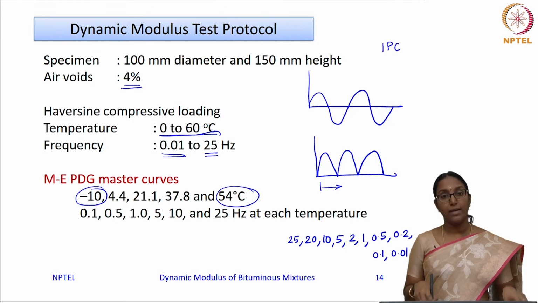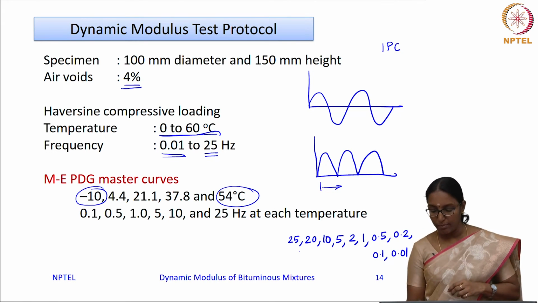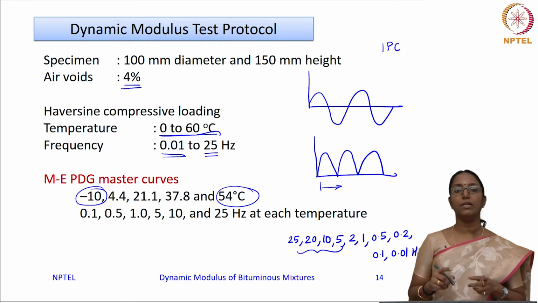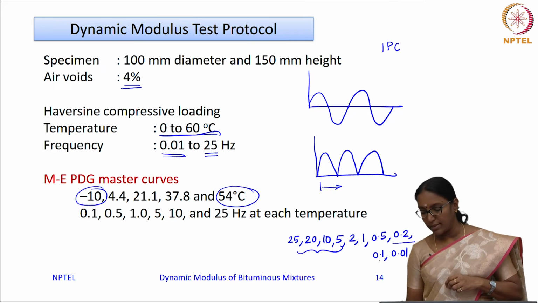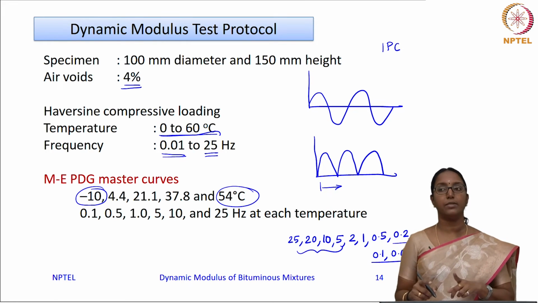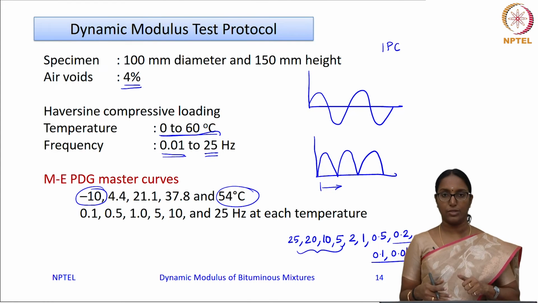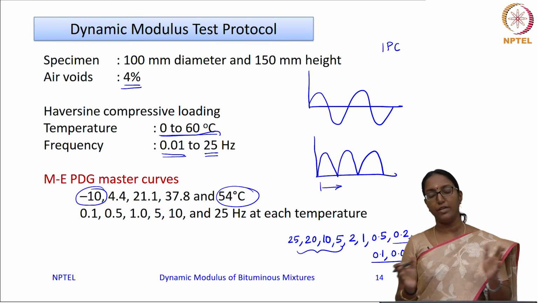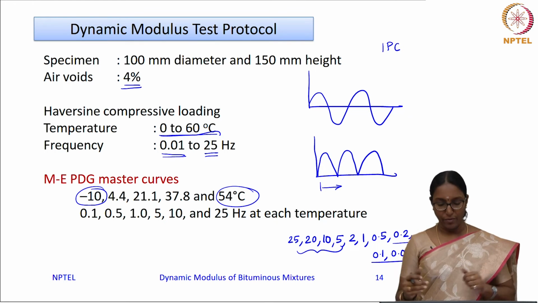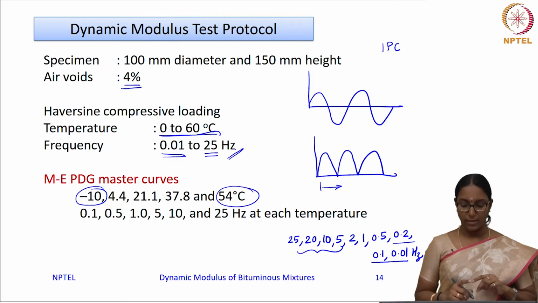Okay. Now, why this many frequencies is that, as I said, you can have traffic which is slow moving as well as fast moving. Say for example, 25, 20, 10 and so on will represent the speed on a highway, whereas low frequencies like 0.2, 0.1 etc. may represent vehicles which are coming to a signalized intersection or stationary at an intersection. Okay. So, we have to consider the movement of the traffic for the whole spectrum, and hence we have to do it at all these possible frequency ranges.